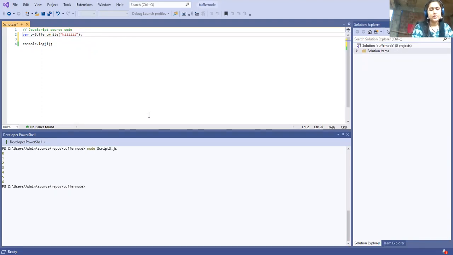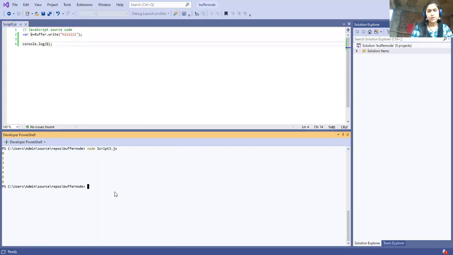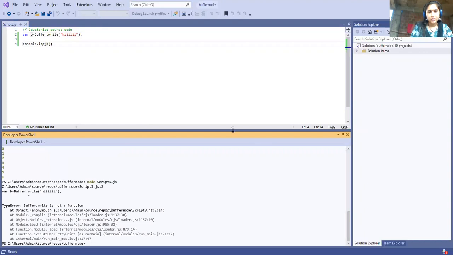Here I have to display the buffer only, so I'm going to use b over here. So let us see what the output would be. Okay, here it is giving me one error, that write is not a function.